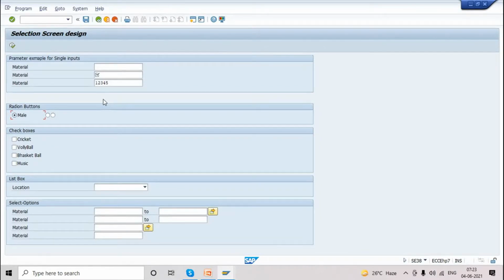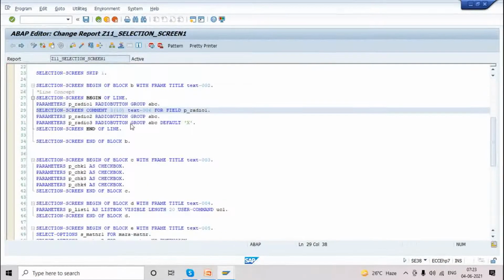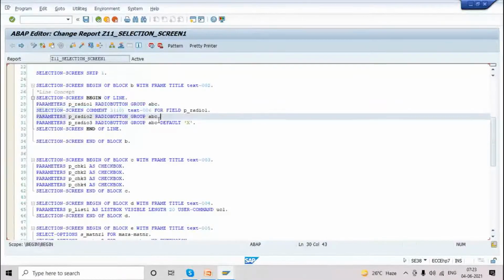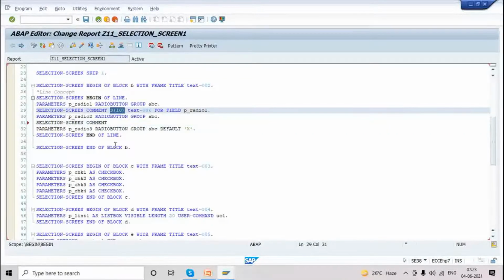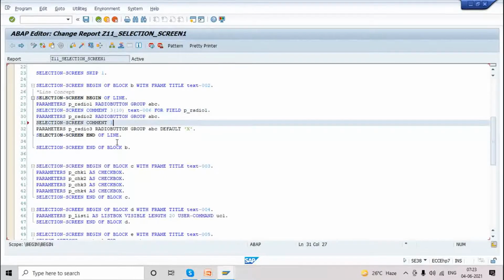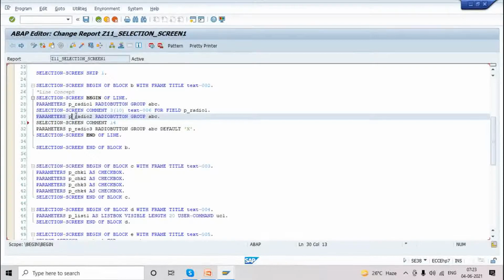Now similarly, we have to do for the other two also. So copy this line, or I'll write directly. Selection screen comments. 3 of 10 is already completed in that line. Now we have to start increasing. So 3 plus 10, 13. We'll start from 14. But if you start at 14, this radio button also should be displayed.